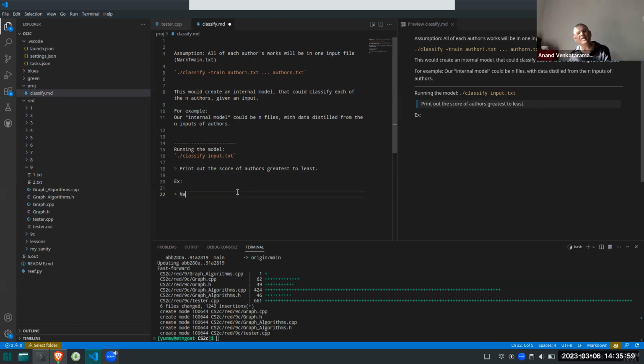Depending on how you implement that, we should be able to modularize it. Initially, we use the random model to classify. Internally, you can have one more flag later on, since dot classify input.txt can have multiple models. So you can say dot slash classify dash model equals random, model equals statistical, model equals XYZ.